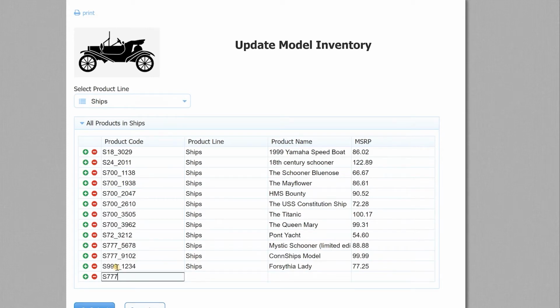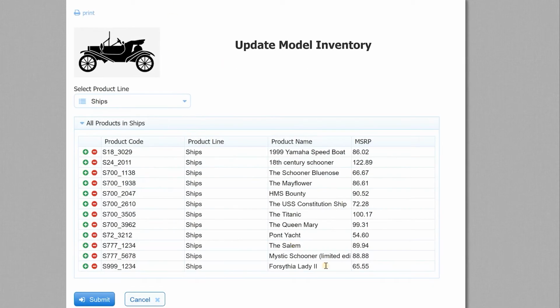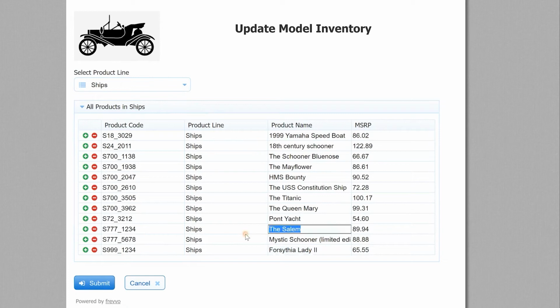We will allow the user to view the products for any product line, add a product to the product line by adding a table row, update any product by editing the data in the table, and delete any product by deleting a table row. Running the form again shows the updated info in the database, which tells us that the